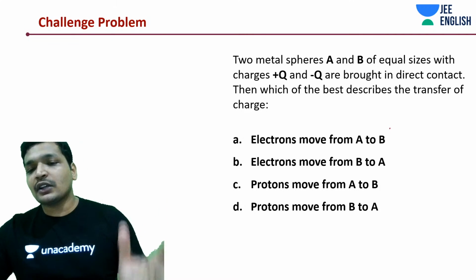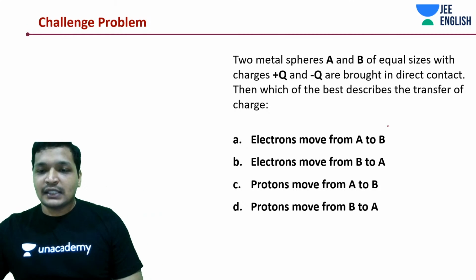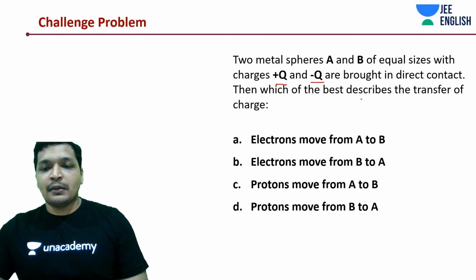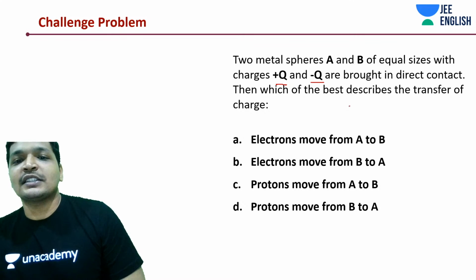So these are the basic concepts that you need to know. There are two metal spheres A and B of equal sizes. They're identical spheres, and one has plus q charge and the other one has minus q charge, and they are brought in direct contact. Then which of the following describes